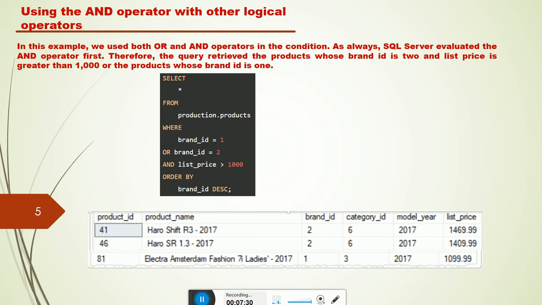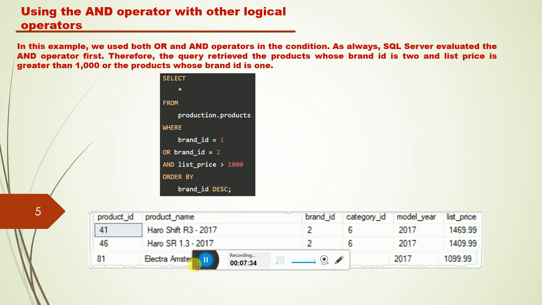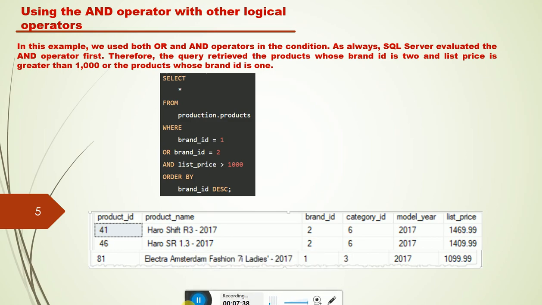See the query. Select star from production.products where brand ID equal to 1 or brand ID equal to 2 and list price is greater than 1000. Order by brand ID DESC, in descending order.